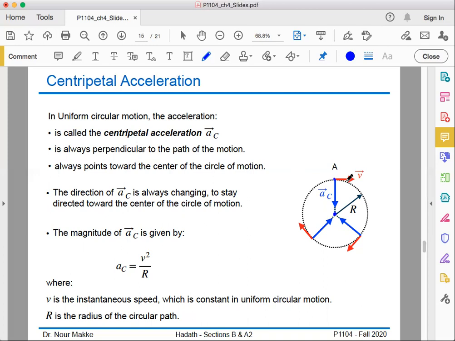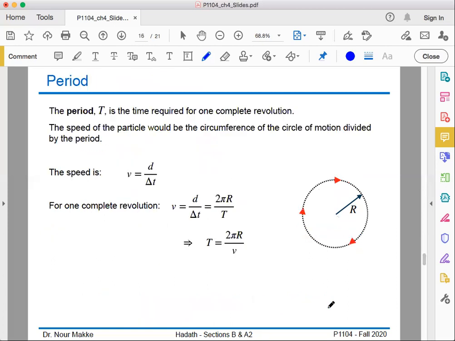The magnitude of this acceleration is given by a_c equals v squared over r, where v is the instantaneous speed. And in the case of a uniform circular motion, this value is constant. So a_c is also constant, it has the same value on all the points. And r is the radius of the circular path. So this is all we need to know about the uniform circular motion, in addition to one more variable,